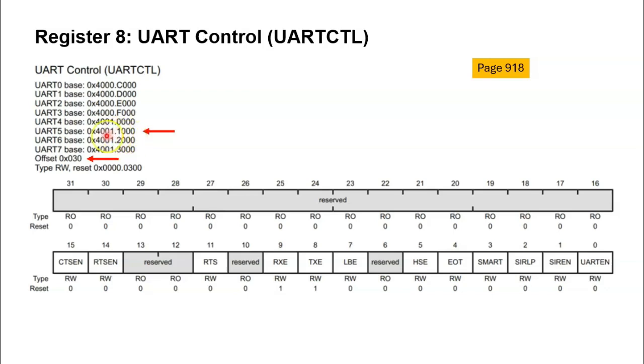Ignore the dot. So this is the hex value for the base address for UART 5. And notice the offset is 030 hex. Now I've taken this from page 918 of the